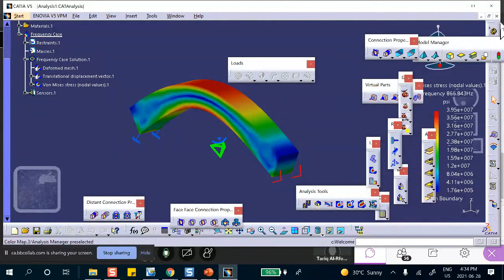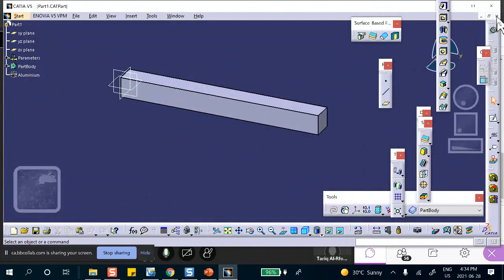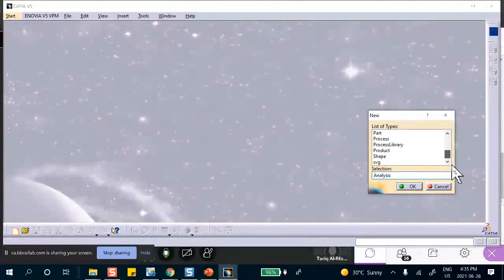Okay. So I'm going to kill this. And the reason I kill these is that when I do file save management, if these guys are on my screen, they're not killed, they're going to appear in the list, and it just causes confusion. So I start with a new part file.